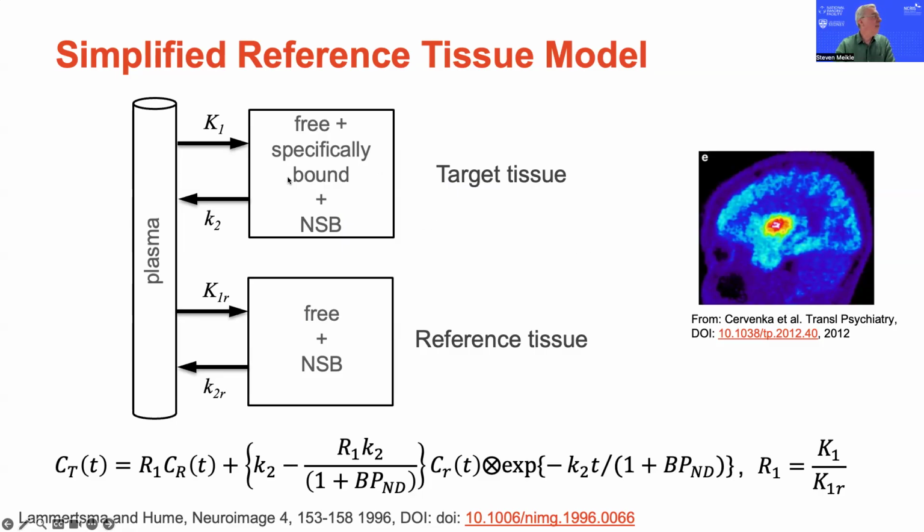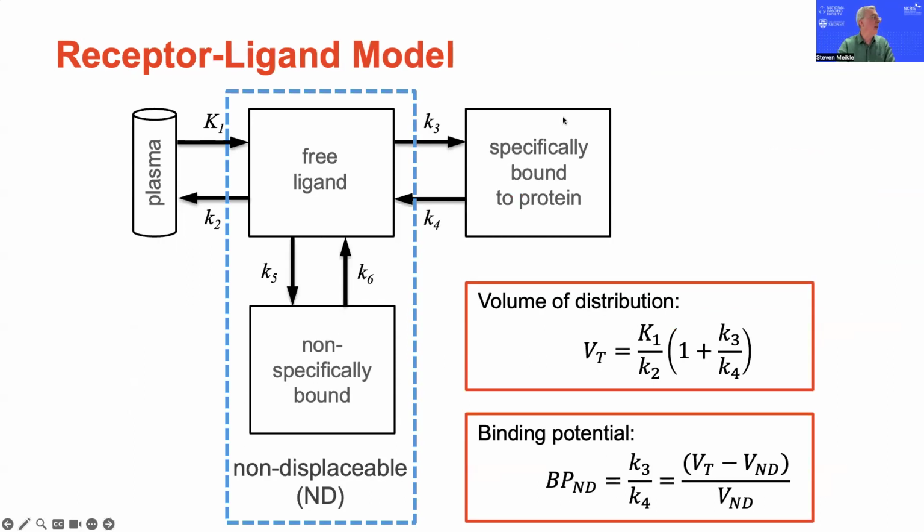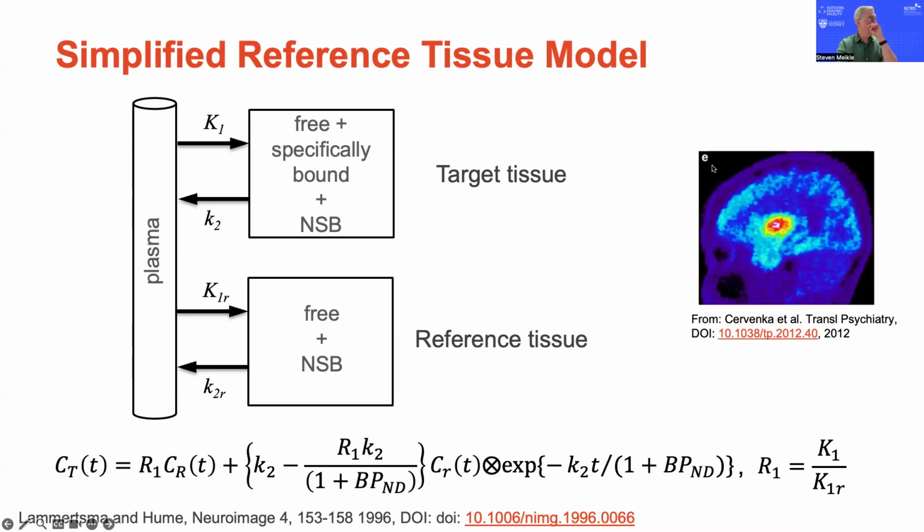The first thing is I'm going to make the assumption that there's a rapid equilibrium between my free and my specifically bound and my non-specifically bound compartment. So actually, I'm now assuming that these rates are also relatively rapid relative to the other rate constants. So if we do that, we can now collapse all of that into a single tissue compartment in our target